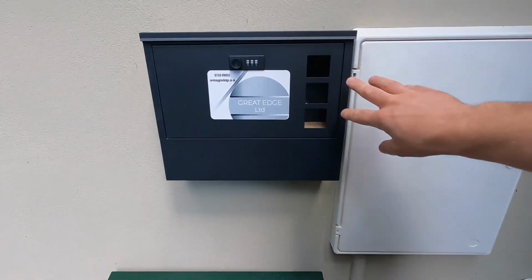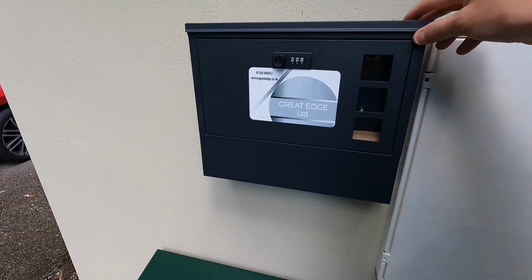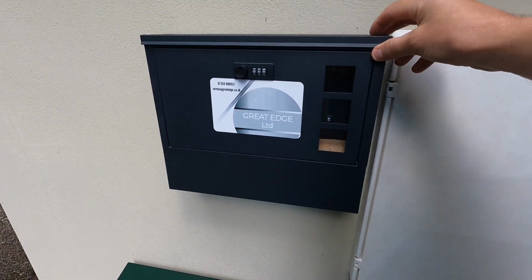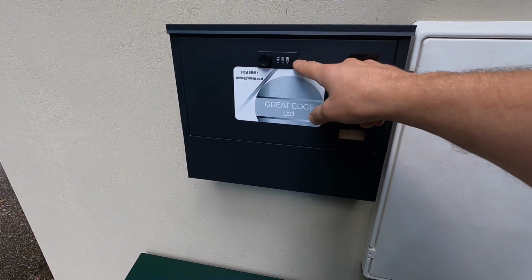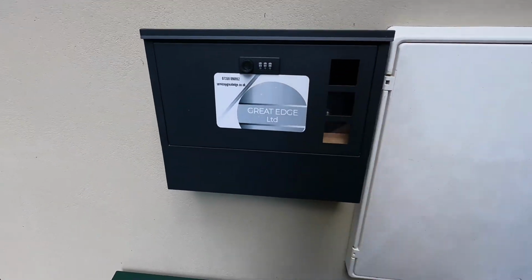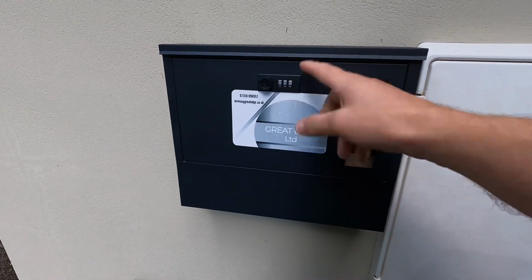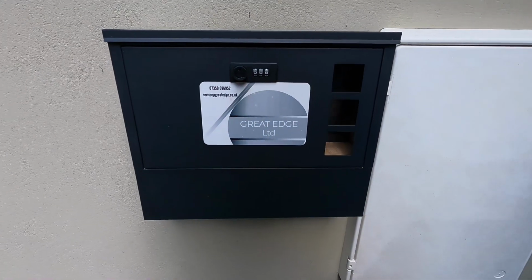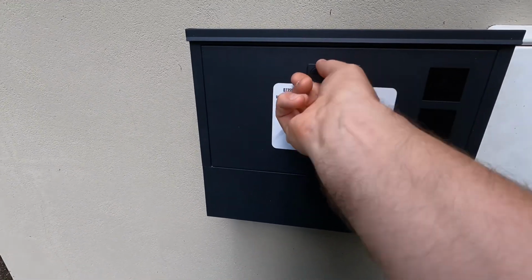So this is the first box that I installed. This is just a lockable mailbox, I think. I found it online. It has a 3-digit code that's changeable. So at the moment it's just set to 000 for the video, but per customer I will adjust this to a number that we agree on, so that it's easy for them to remember, and also provide some security